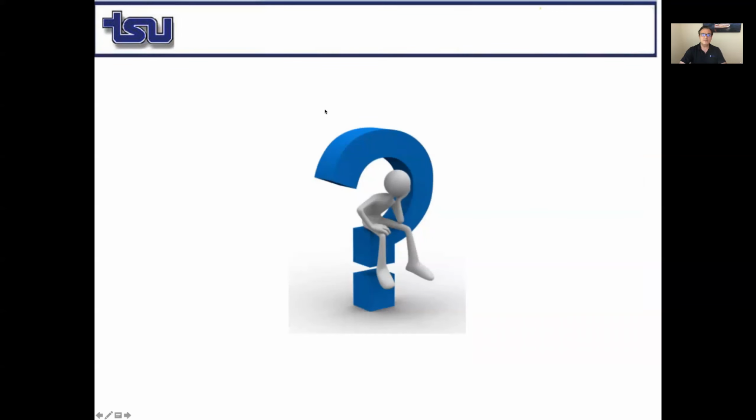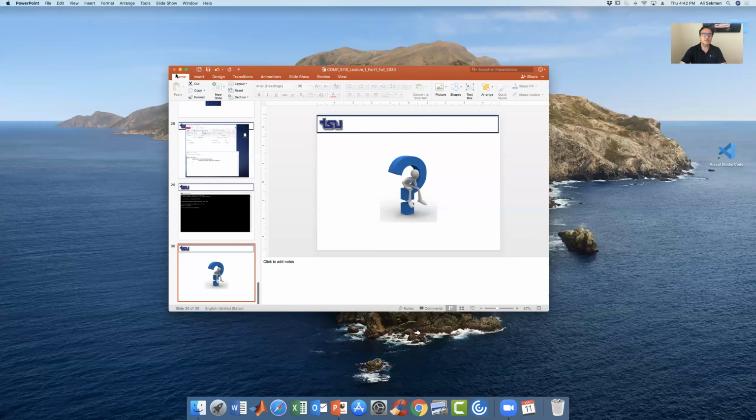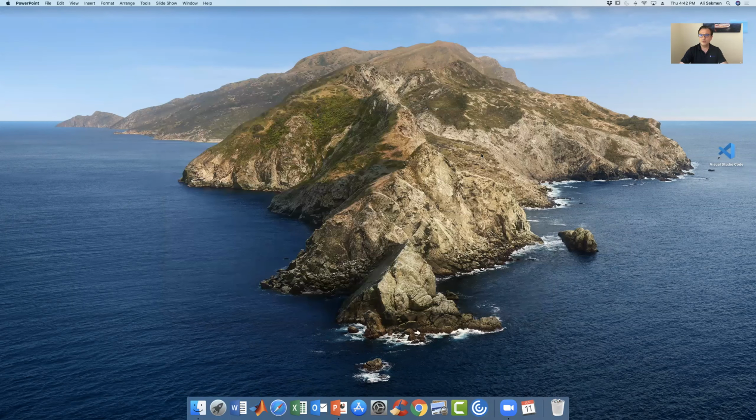Now we are not done. I just want to make sure that you fully understand this, so I'm going to do this step by step so you can see what I'm doing. I am on the Mac operating system. I will right click on the desktop and say new folder. This new folder, I'm going to name